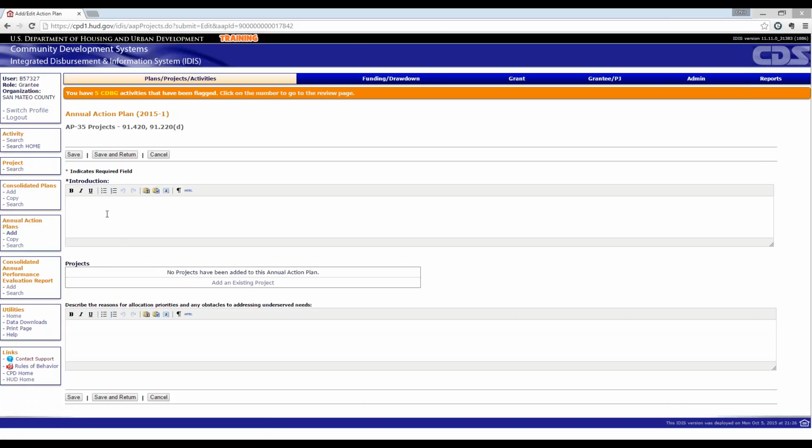Sometimes in the UAT site of IDIS, it doesn't stay current from day to day. But if you do have your projects here and you're copying them forward, this is where you'd want to be removing those old projects and adding your new projects, taking out the previous year projects and adding the new projects.